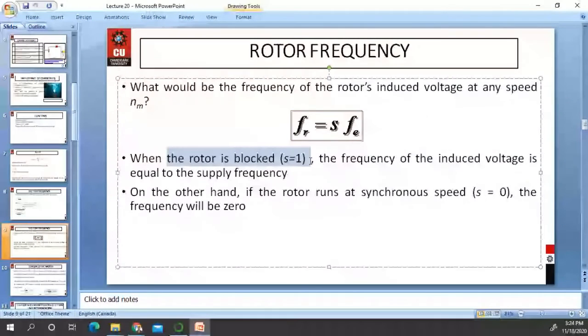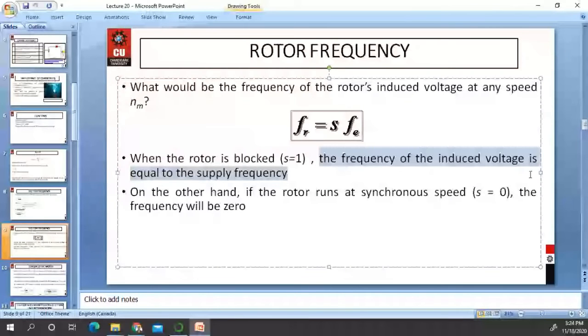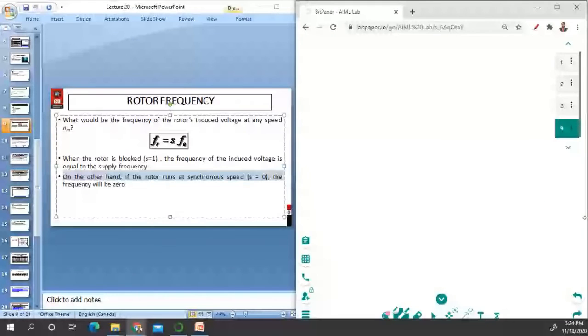Then S is equal to 1, the slip. On the other hand, if the rotor runs at synchronous speed, the frequency will be 0. So how to find this expression? This is the expression right here: Fr is equal to S into Fe. Clear? When the rotor is blocked, we have seen